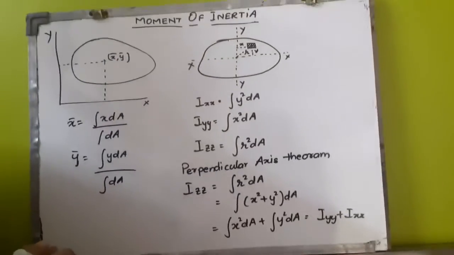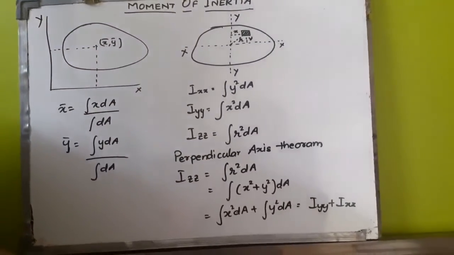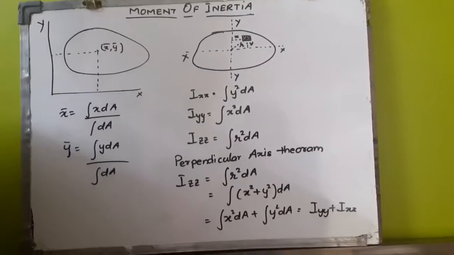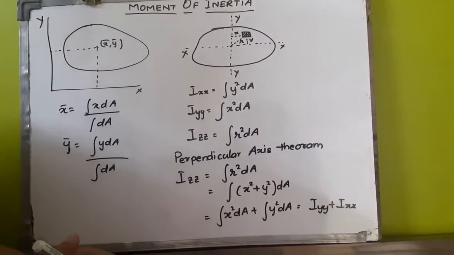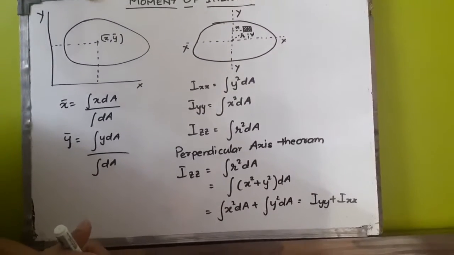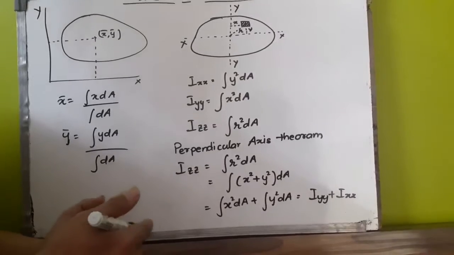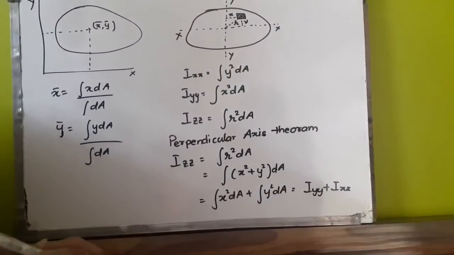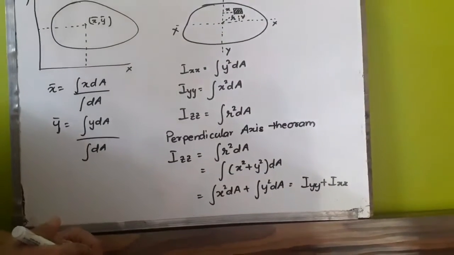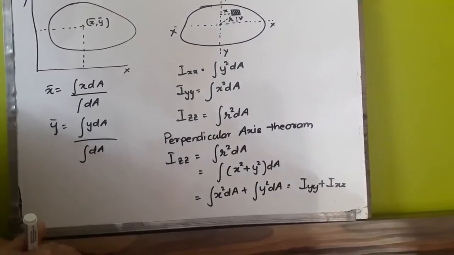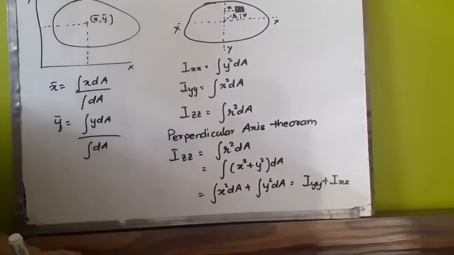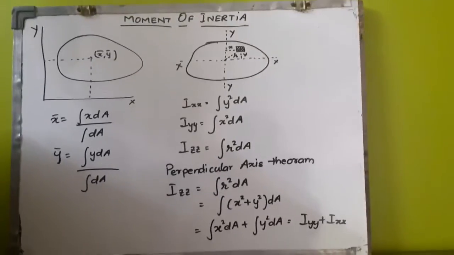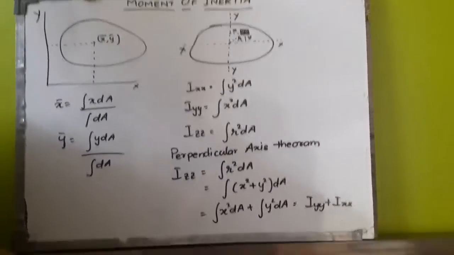So moment of inertia, again you can say it is the second moment of area, but you can also find area moment of inertia. This is what we have in our syllabus, area moment of inertia. You can again find out mass moment of inertia. You can also find out weight moment of inertia. Mass moment of inertia and weight moment of inertia are practically the same, only that it is multiplied by g.